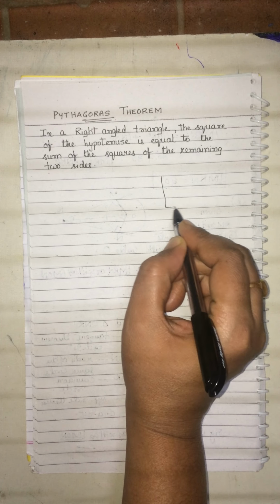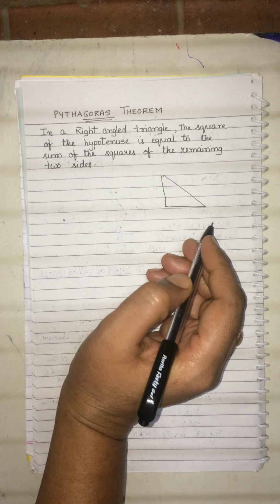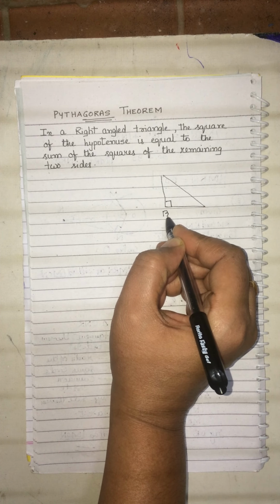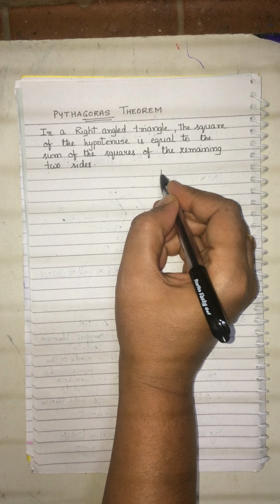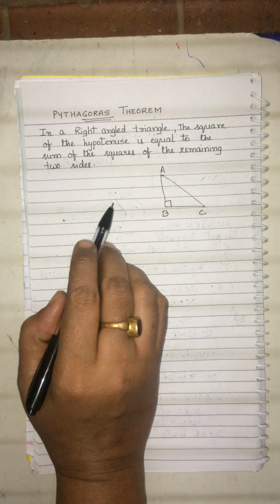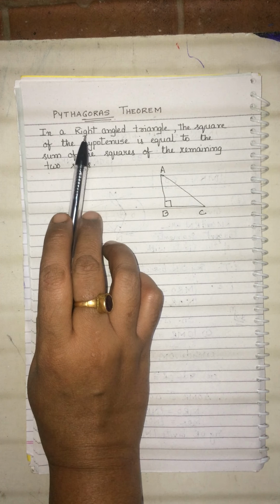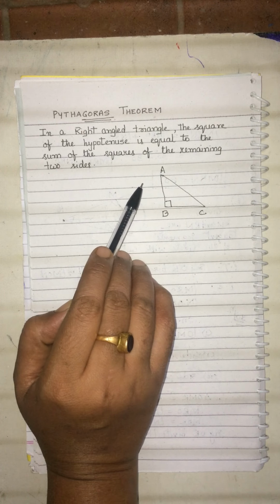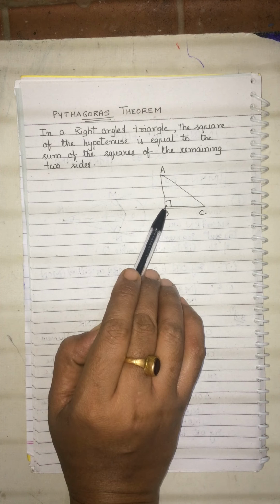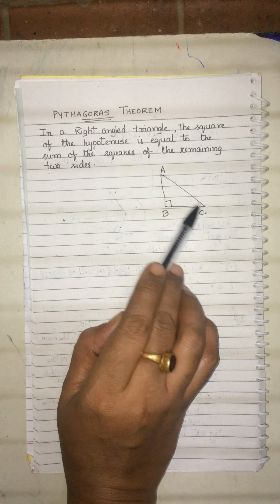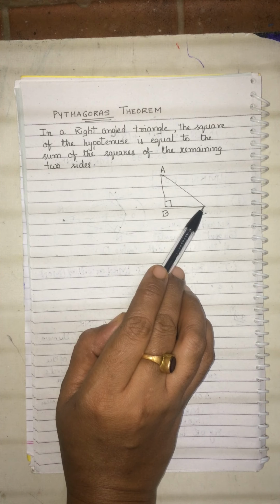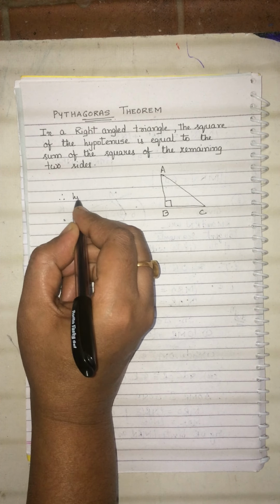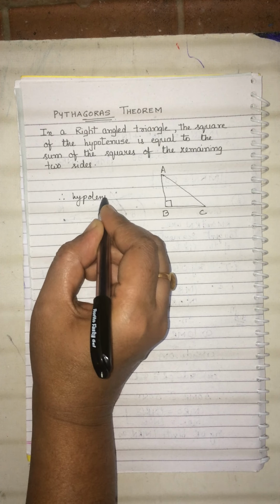Let us say we have a right angle triangle. In this right angle triangle, let us say angle B is a right angle, and always we can find out the Pythagoras theorem in a right angle triangle only. And opposite to the right angle, whichever side is, that side is called the hypotenuse. So we will say hypotenuse is AC,